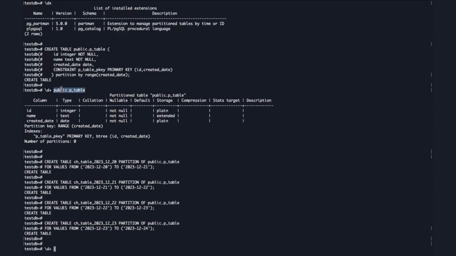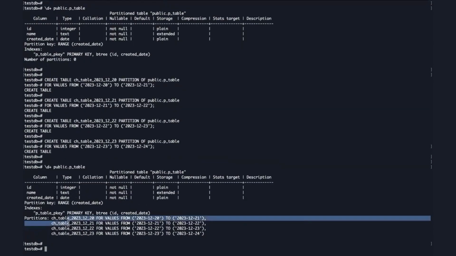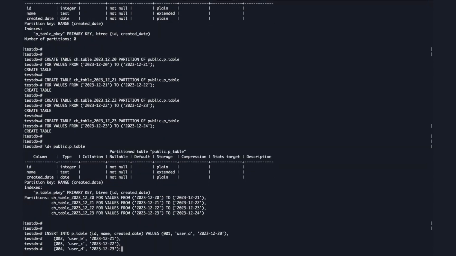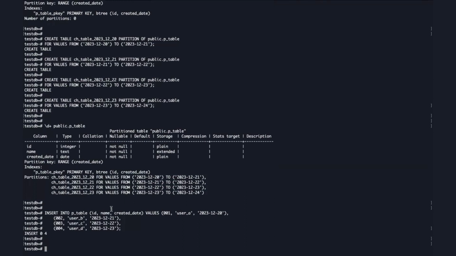We can check the structure of the parent table. Now we can see the child tables are attached to the parent table itself, and whatever data we insert into this table will be segregated among the child tables based on the condition. For example, let us insert some data over here. As we can see, we have inserted the data based on the created date, and the date is different for all 4 records. Based on the date that we have given, the data in the table will be segregated in that way. For example, if we check the record in this table,